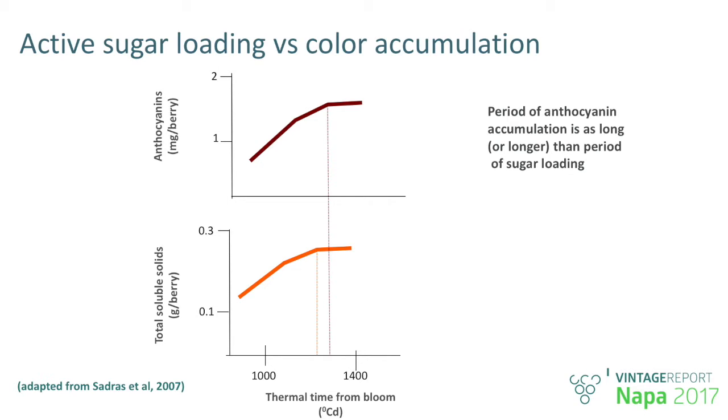You see at the bottom how the typical curve of sugar loading is impacted. Here they reported according to thermal time on the x-axis. But the picture really to take away from this graph is the timing when the peak sugar loading is reached. If you look above, you see anthocyanin content analyzed destructively in the berry, and you see that the peak of total anthocyanin is after the peak of sugar loading, which means that sugar loading is maybe a cheaper way to know for how long active color accumulation is lasting.